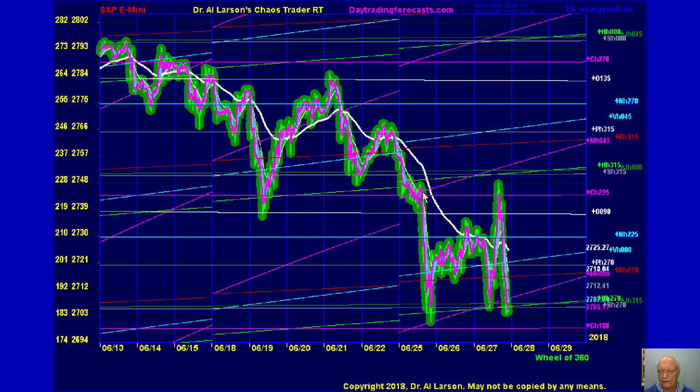Monday's drop started when price had lost the Mercury support here. This is Helio Mercury plus 45 degrees. Came down here and they bottomed on Helio Mercury. So when I saw this drop, I looked at Helio Mercury coming down here and noted it in the chat room that this could be some sort of a double bottom, and we could go up from here. So just looking at the market astrophysics and trying to understand what's going on